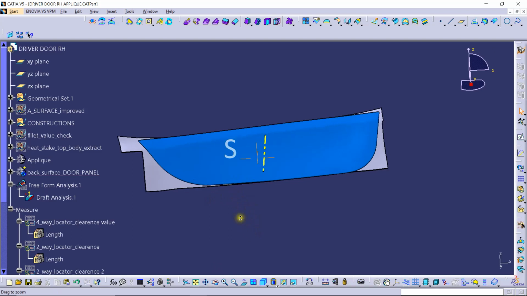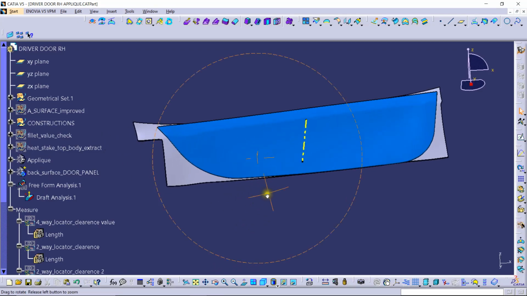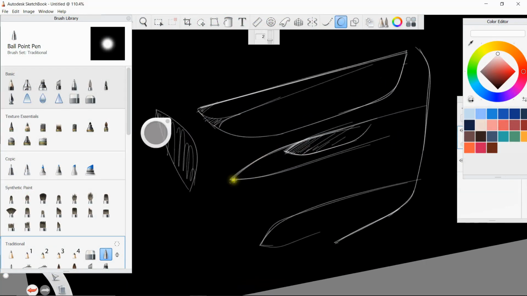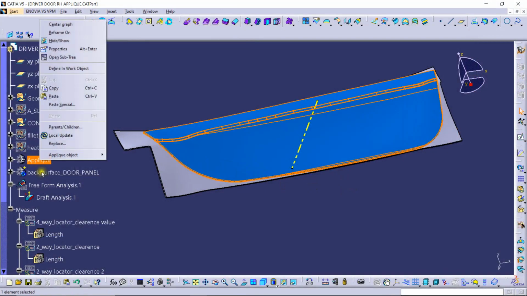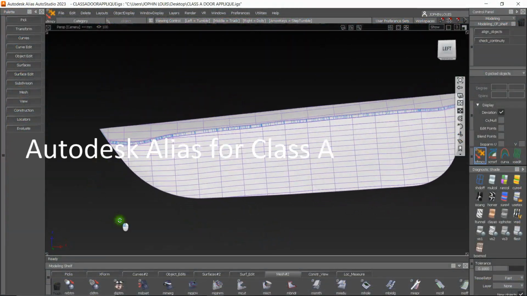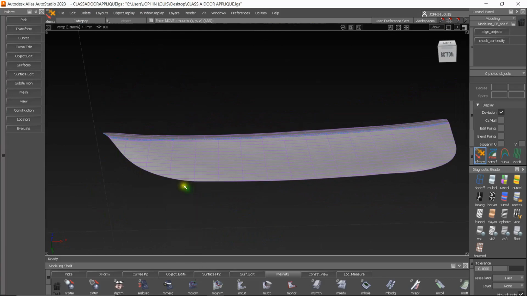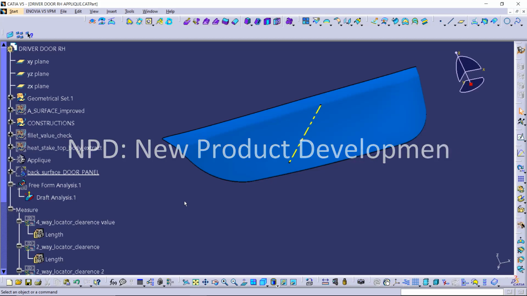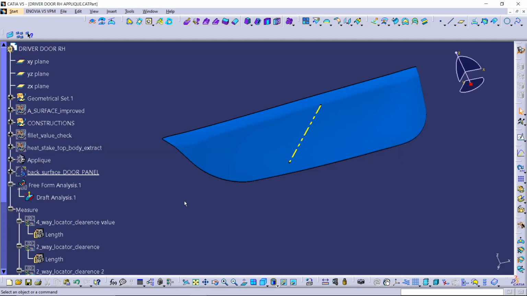The first step is conceptual design by the styling team. They will be doing several sketches and things like that to aesthetically design this part. After that there will be a class A modeler in their team. He will be doing the class A surface modeling, and the second step, after creating the class A surface, is that they will hand over this class A surface to the NPD CAD team, and initial inspection of the class A surface is done by the NPD CAD team.